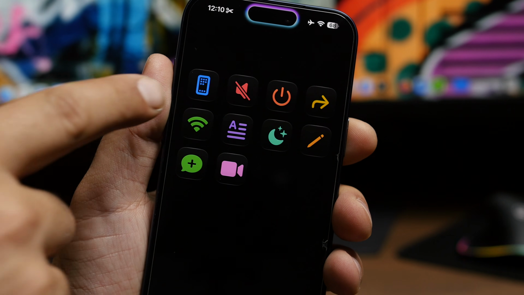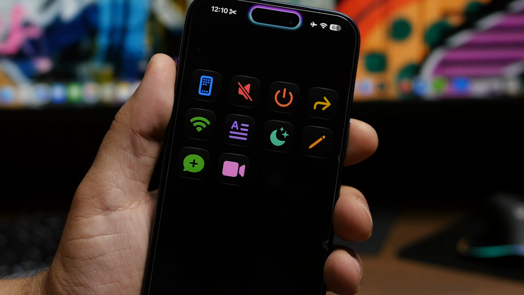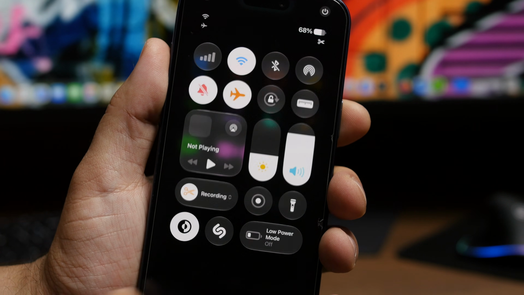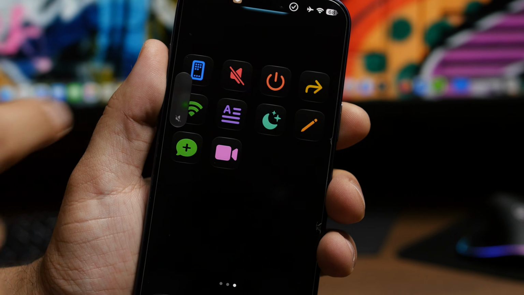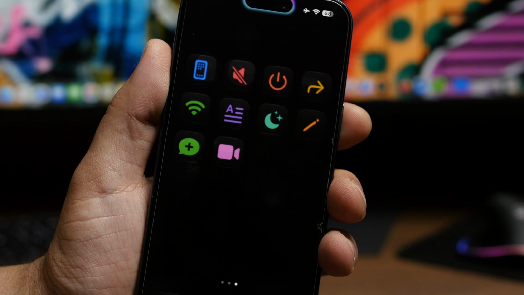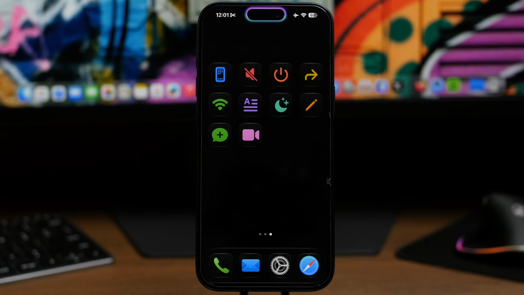As you probably know by now, you can always do more with your iPhone, especially from the home screen, like having 10 new buttons that are actually very useful and allow you to do things like this. Just pop up the Control Center directly from your home screen without having to reach at the top. You can do this and a lot more, of course, with these buttons that I'm about to show you guys